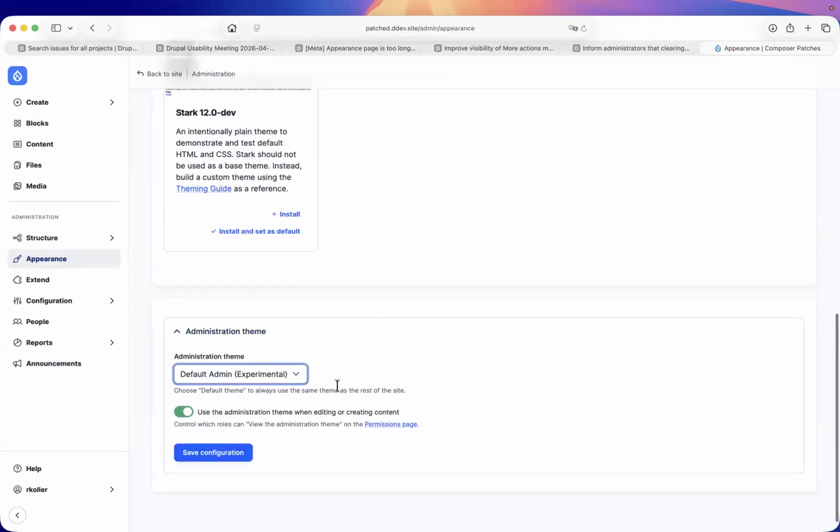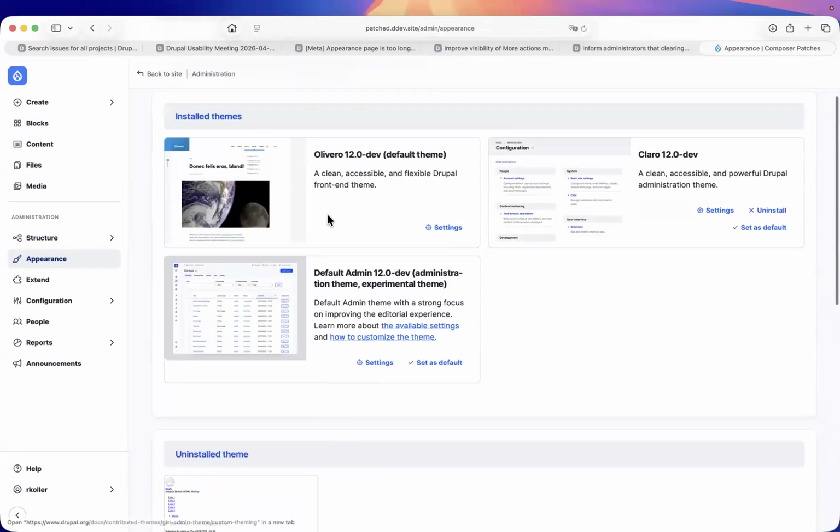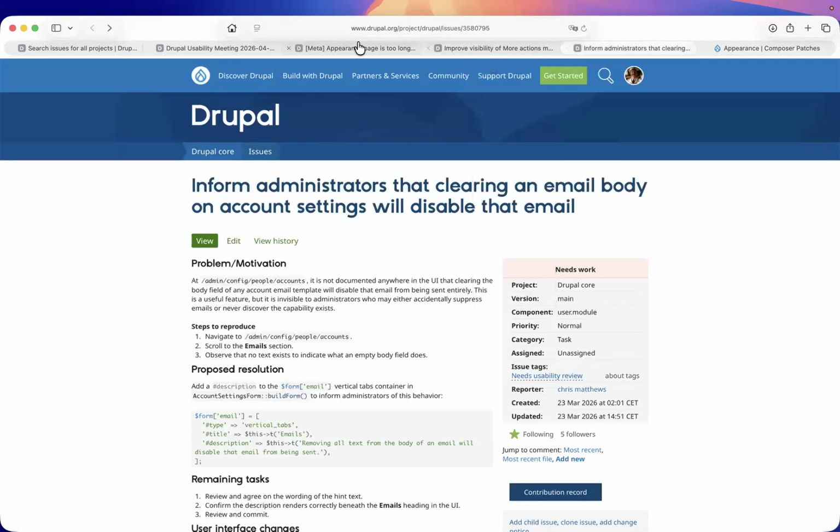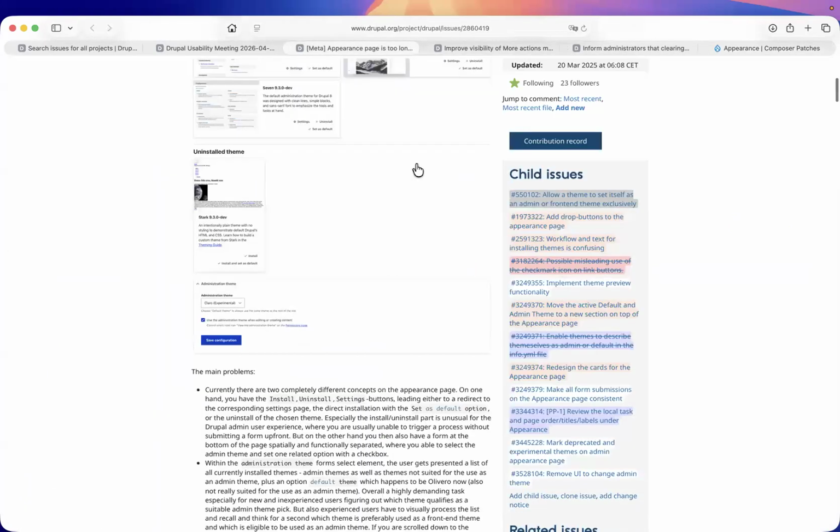The admin theme is underneath, and the information is crammed into the theme title, and it is not clear with a brief look which is currently the default theme and which is the admin theme. The cards are also confusing. And if you take a look at the appearance page,